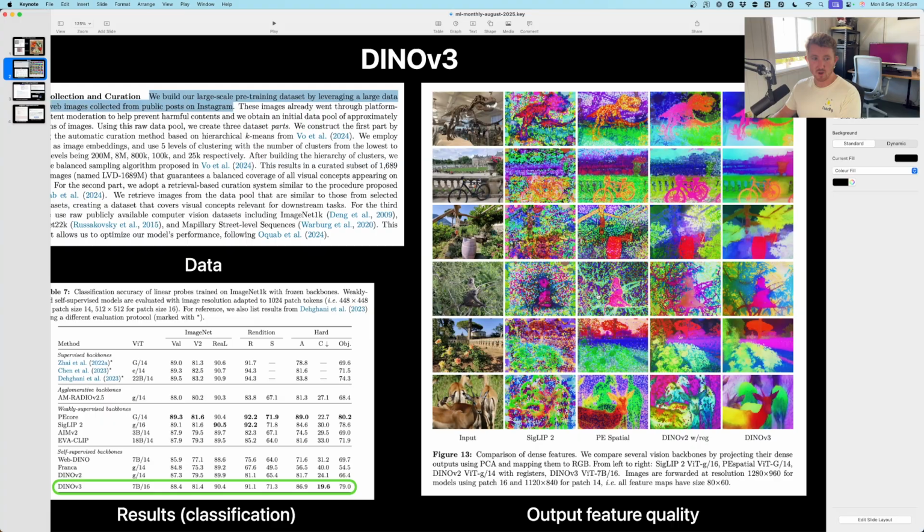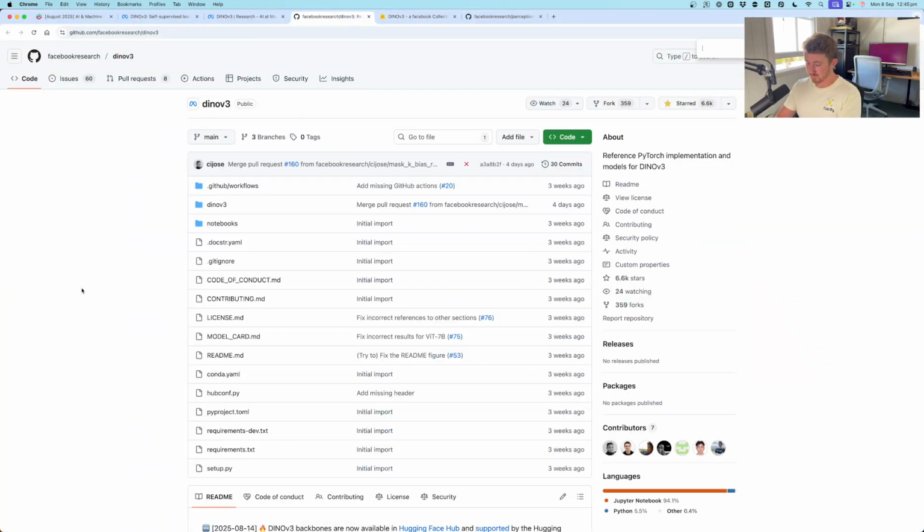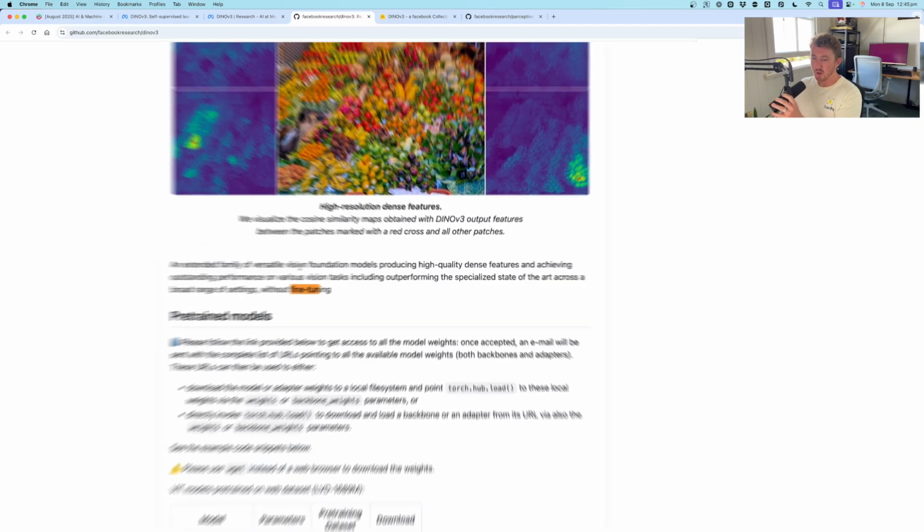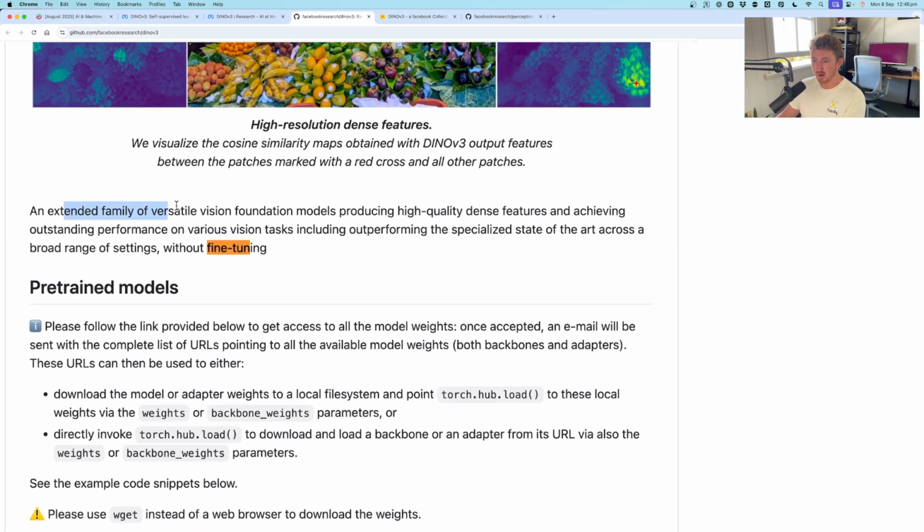So if we go to, do they say fine tuning? Yeah, here we go. The DINOv3 backbones are a family of versatile vision foundation models producing high quality dense features and achieving outstanding performance on various tasks, including outperforming the specialized state of the art across a broad range of settings without fine tuning. Because the output features of DINOv3 are so high quality, you can just put a layer on top of the backbone of the model and then fine tune that for, say, classification or object detection